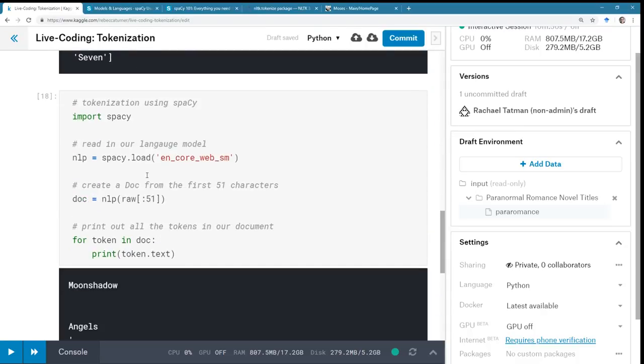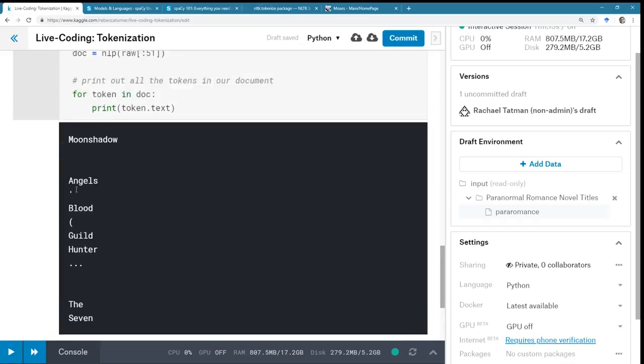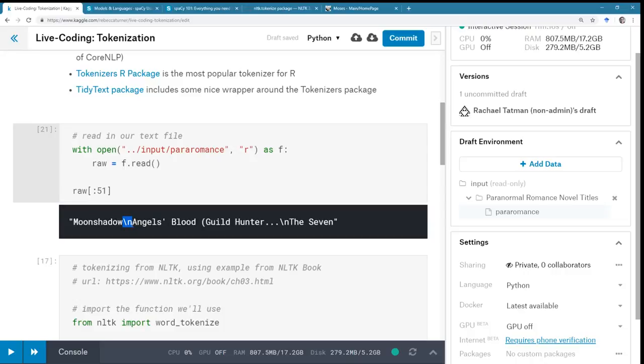So you can see that this is a new line. I think what is happening here is that they use new line as a way to distinguish between tokens. So moon shadow, and then a new line because it's a new token, and then a new line because the next token is new line. The reason there's this big space here is because it is treating this new line in the document as a token.